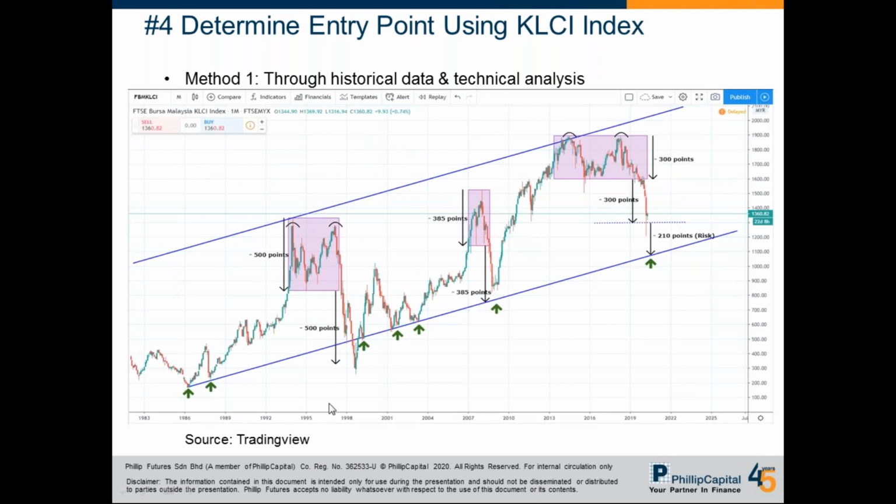Next, we draw a trend line. Same chart, we just put a trend line over. You can see these are the support lines. So here you won't be able to go in, because why? Because it probably is not even the bottom yet. It can continue to drop. We never know.